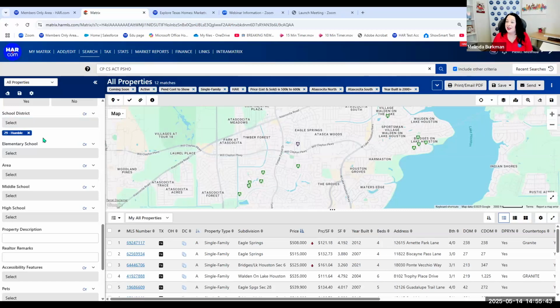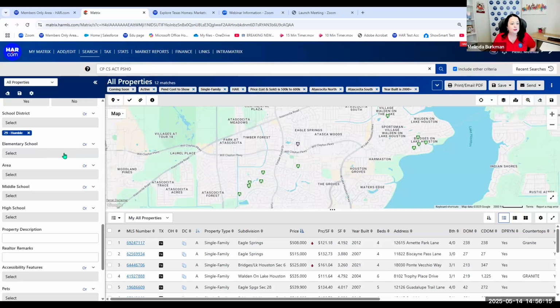Now, if you suddenly have no matches, that may be part of it. If you don't realize where the boundaries of a school district occur, then you may say Conroe ISD, and this is not, and you suddenly have no matches and you don't know why, because there's no listings in this geomarket area that also go to Conroe ISD. And I'll show you when we get into the map layers how to search for the school districts.